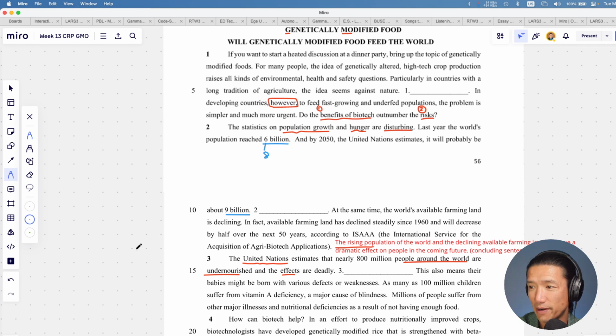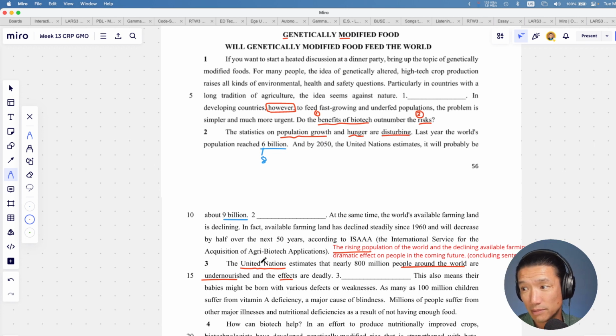Credibility is important. Credibility means you're using the source, and the source is important, right? We don't say Mr. Bob estimates that nearly 8 million people around the world are undernourished, right? Who is that guy? What does he know about population, right? But the United Nations is something we trust, okay? If you look at their webpage, there's all this information. Some people trust it more than others. Some people, Putin, might not trust it at all, so don't be a Putin.